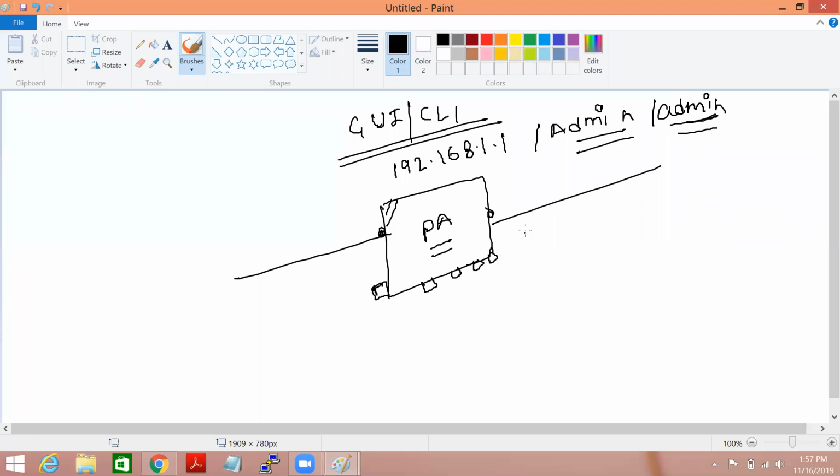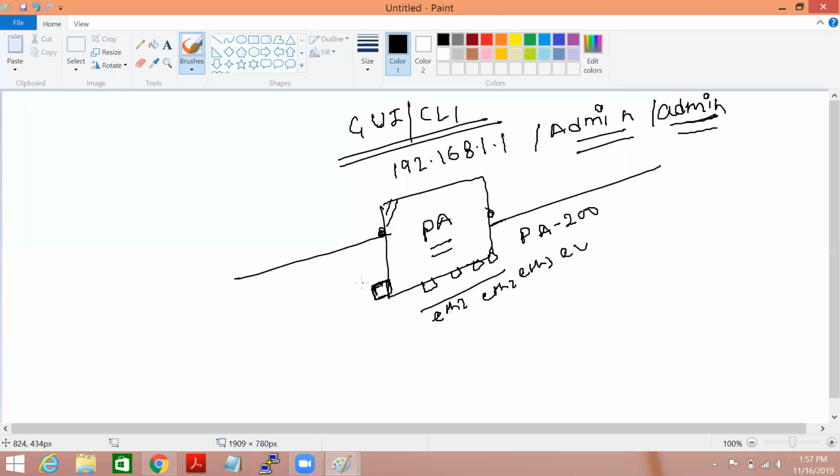Let's say I consider a very small box, the PA200. The PA200 has 4 Ethernet ports, 1, 2, 3, 4, and 1 management port.